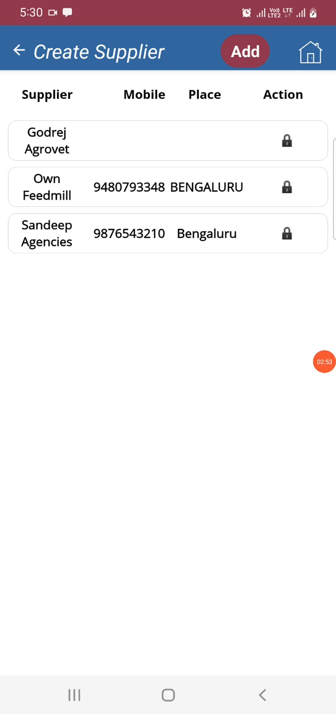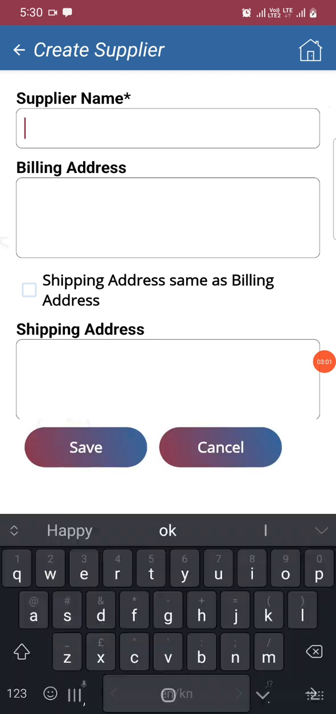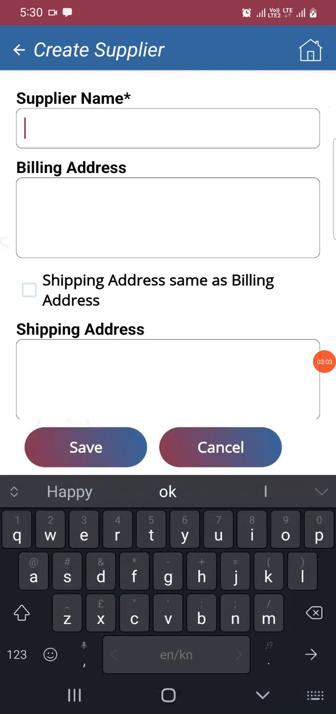Now I want to create another supplier, so I'll go to add, I'll click on add. So this create supplier page will come for me. I need to enter the supplier name. Please enter the supplier name, whichever supplier you are taking from, whether it's birds or the feed or medicine, vaccine. From which supplier you are purchasing anything, that you add as the supplier name. So I am just adding some